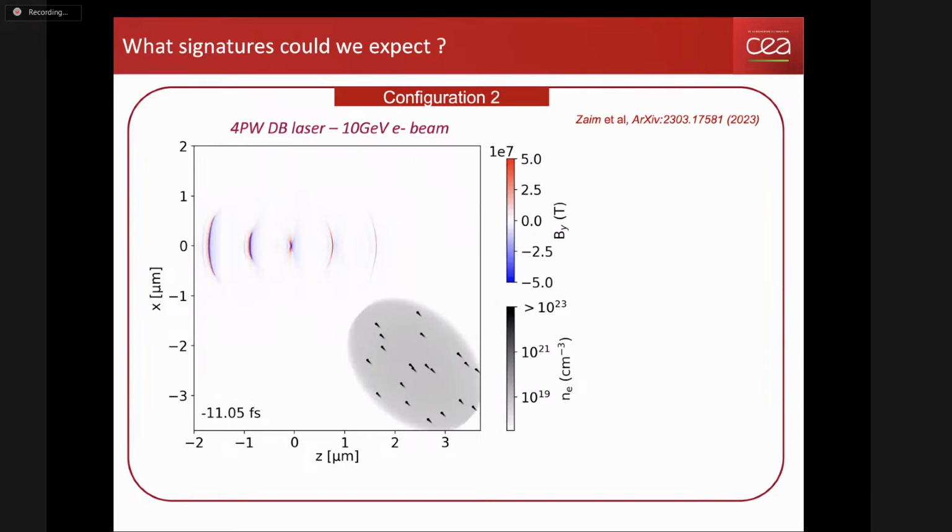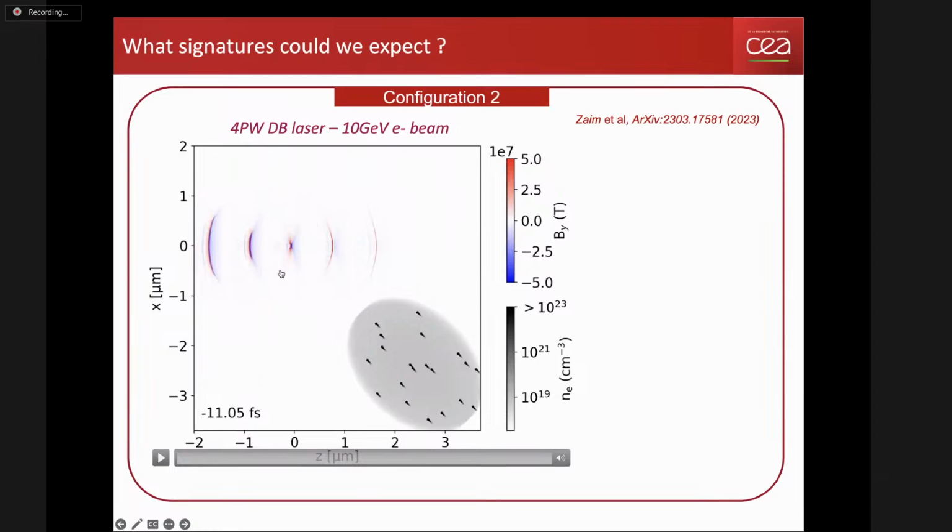And we also simulated the second configuration. So here I plotted a movie. Here you can see the Doppler boosted light in blue and red colliding with a relativistic electron beam, a 10 GeV electron beam, crossing the Doppler boosted light at an angle. We choose an angle so that the electrons mainly interact with the high field region to get the highest